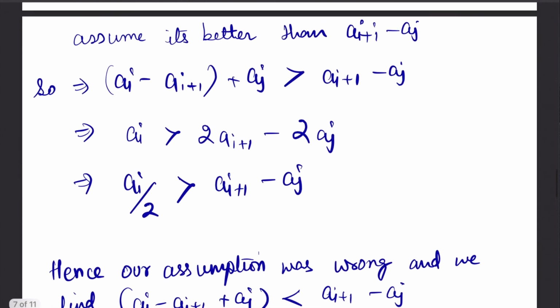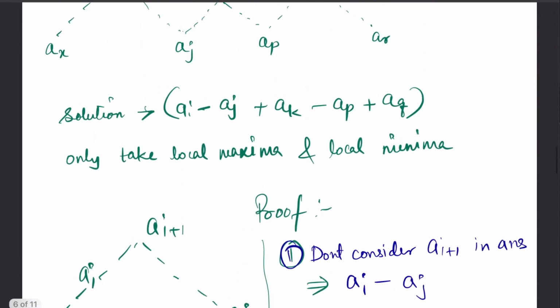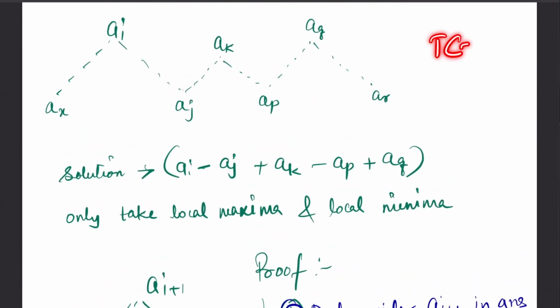So in this case you can solve the problem using simply taking the maximums and the minimums. So that will give you time complexity of O of n and space complexity of O of 1, because you don't need a 2D array to save all your intermediate DP states. You simply can just go choose these maximums and minimums and compute your answer one by one. Let's look at the code for a better understanding.